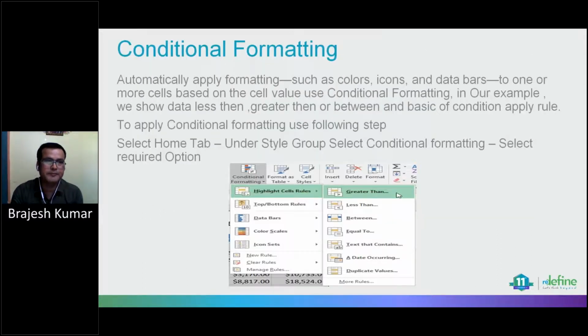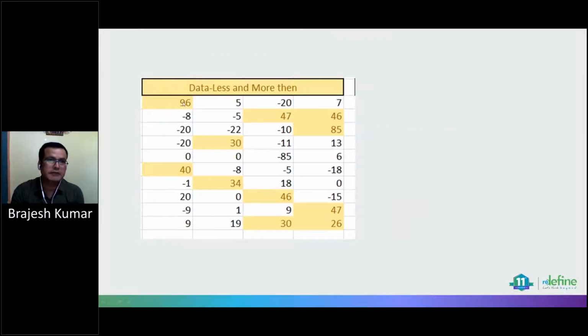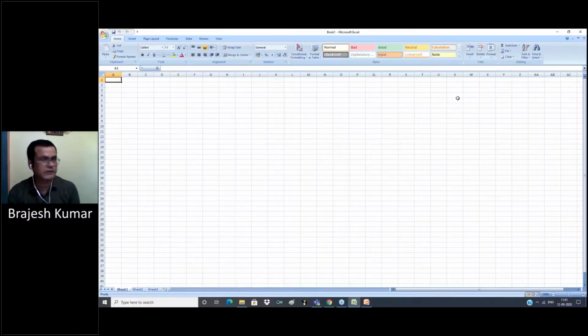In my example, we take data greater than 20 and display it with yellow with dark yellow text. After selecting the data, the data greater than 20 will display with dark font. Now we discuss one by one all topics which we discussed in our PPT.